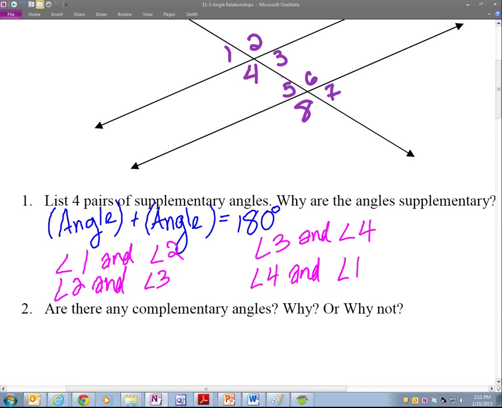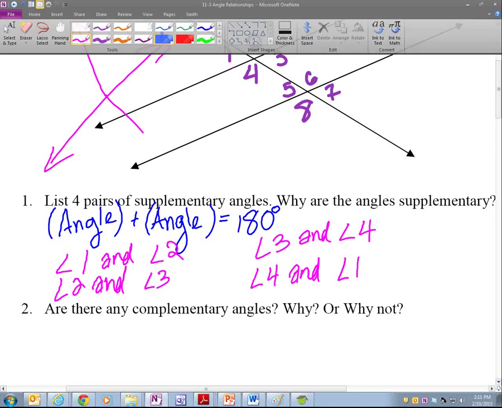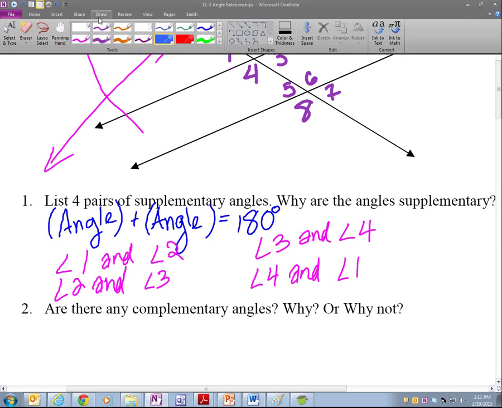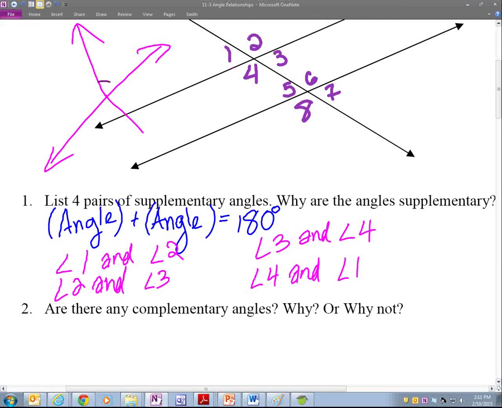Yeah. How would we know if it's supplementary? Good question. How do we know if it's supplementary? If you have any straight line, and you have any line going from that straight line or through that straight line, all the supplementary angles are going to be, every single supplementary angle is going to be the one that just takes up the,